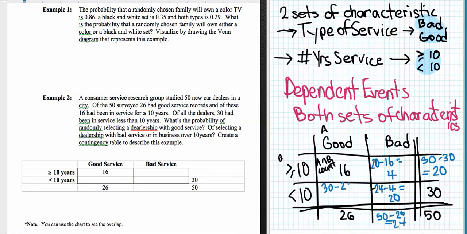Or likewise, you could also do this based upon the two black numbers, right? 26 minus 16 has to be equal to the same 10. It doesn't matter which way you go, it should all add up. I'm going to go ahead and highlight the numbers that are going to be of importance to us so that we can keep track of those. So those are our important ones. I always go back and cross-check and make sure that all my row and column totals add up to what they should, and the total adds up. So 16 plus 4